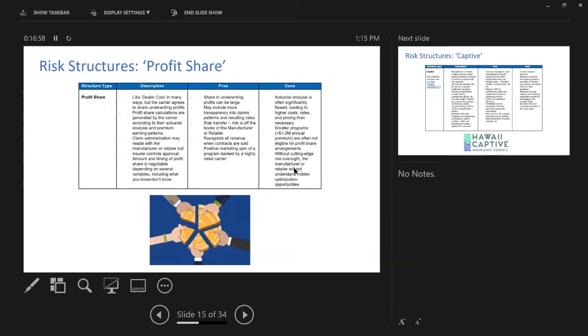The profit share, we define that. By the way, the claim administration may reside with the manufacturer or retailer, but the insurer controls the approval. And it's very typical for an insurance carrier to go ahead and approve a retailer or a manufacturer to administer their own claims. They may do a claim audit to make sure that the system and checks and balances are in place, but it's very typical for them to approve the manufacturer or retailer to manage their own claims and adjudicate their own claims. The amount and timing of the profit share is negotiable depending on several variables, including